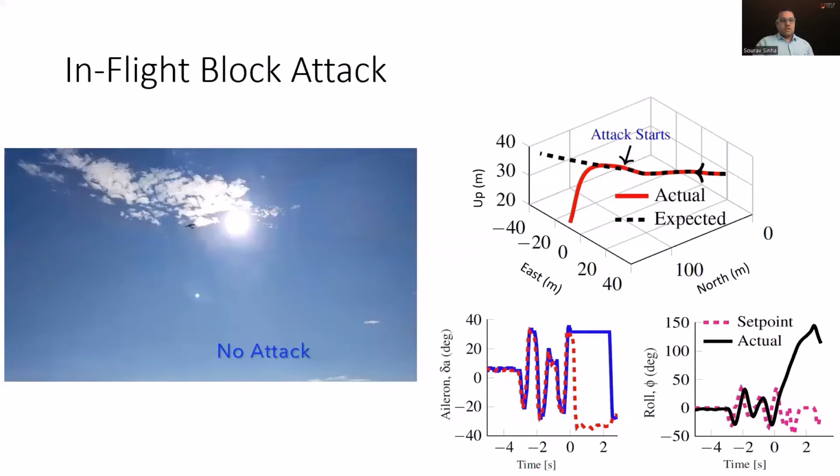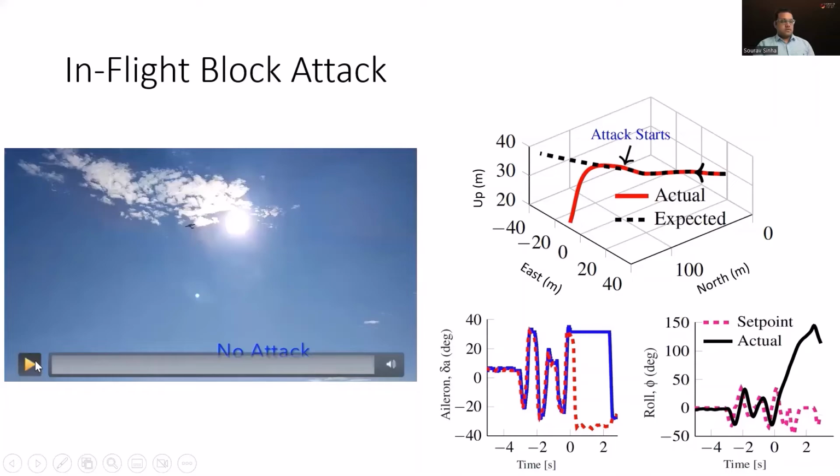Now, in the block attack demonstration, before the attack starts, the pilot sends continuously varying roll set points, and the victim controller computes the aileron angle, and the aileron is shown to rotate by those angles. But as soon as the attack starts at t equal to 0, the aileron freezes at its current position. Thus, the roll angle keeps increasing and the altitude keeps decreasing. Now, when the attack stops at around 2.2 seconds, the aircraft loses a lot of altitude and then eventually crashes.